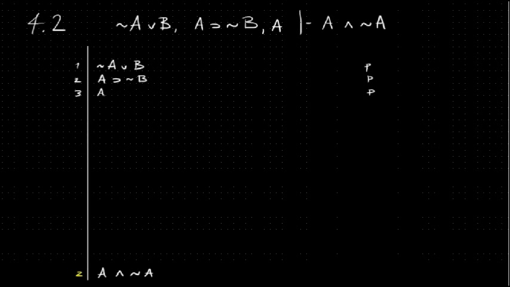And we can see that just by thinking, well, look, if A entails not B, and we know that either not A or B is the case, well, look, A is the case, so that's the opposite of this side, but A entails the opposite of the other side, right? So they've got to contradict one another. So we should be able to do a disjunction elimination and end up with the formula that we want. So that's going to require two subproofs. First one is of not A to A and not A,